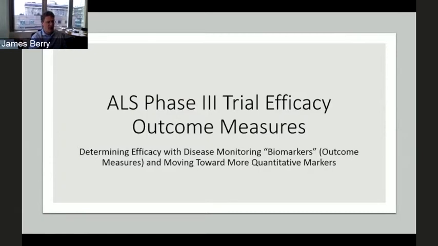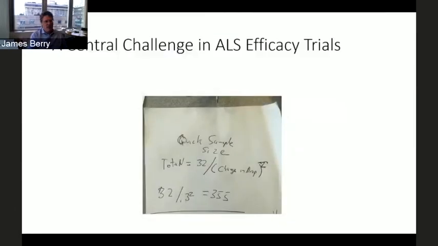I want to talk for a moment about phase 3 trial efficacy outcome measures and what we're doing to try to improve the quantification of our phase 3 efficacy markers. And this really comes down to a central challenge for ALS efficacy trials. It's an uncommon disease, and for our best outcome measure, the ALS functional rating scale, in 2011, I think I